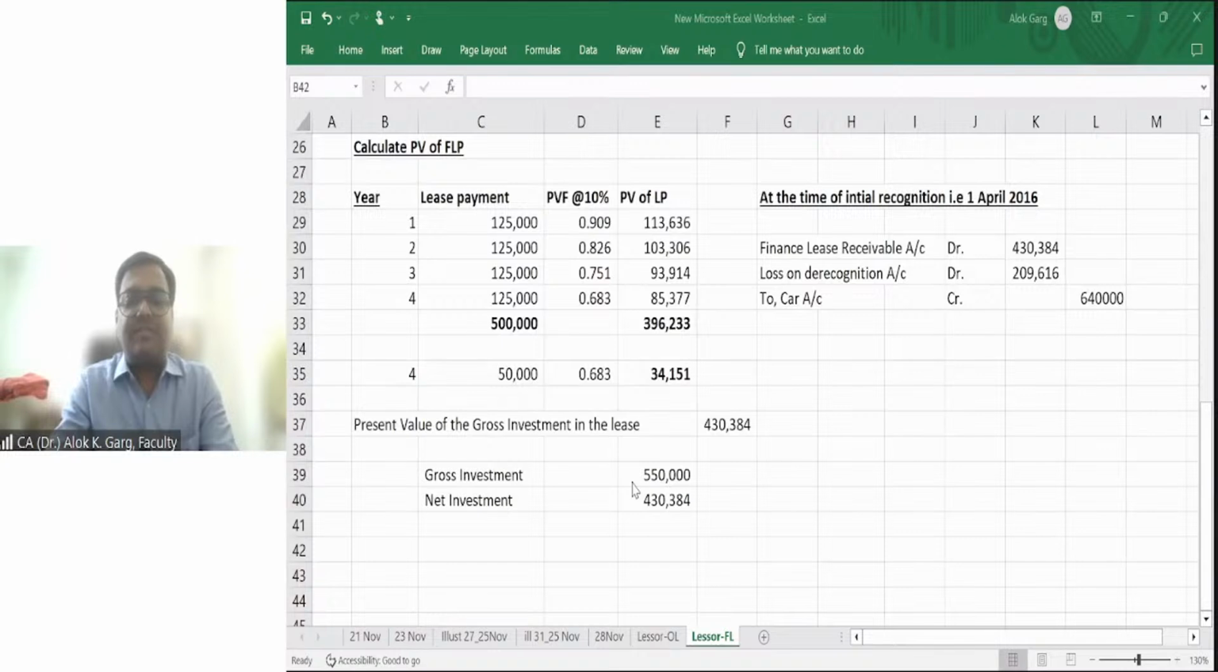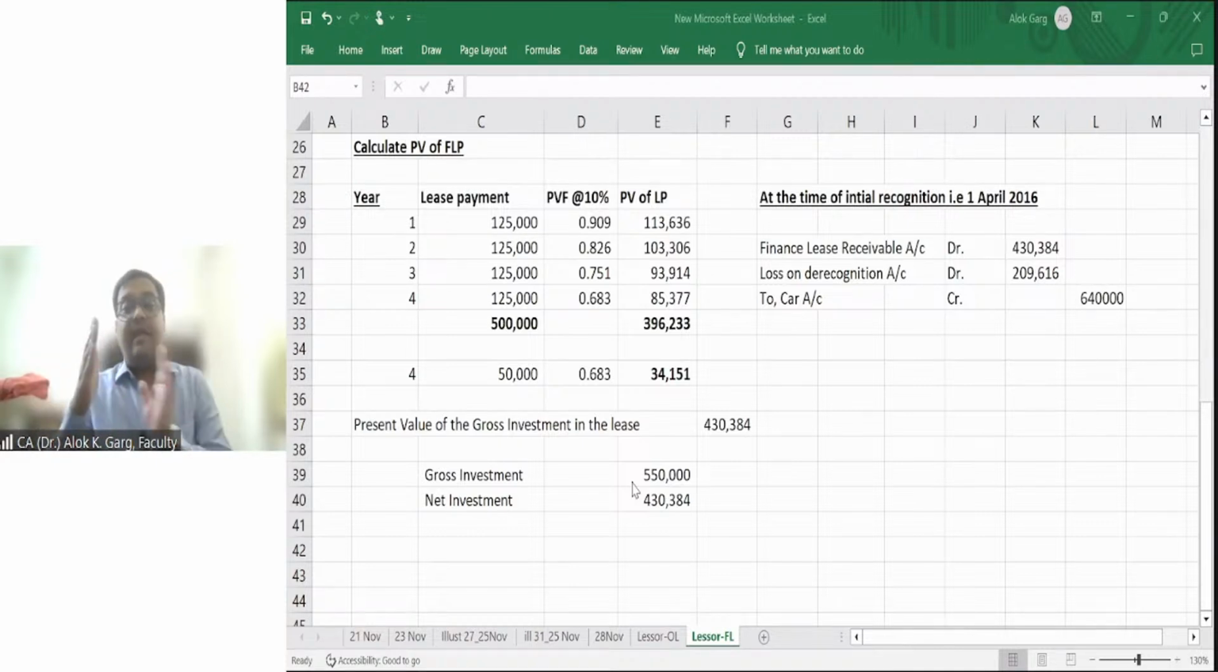Ridhima is asking, sir, what is gross investment and what is net investment in the lease? Ridhima, in the standard, a term is used which is gross investment. And what is a gross investment? It is nothing but the gross receipt by the lessor. So what will the lessor receive as a gross receipt? Number one, lease payment. And what is meant by lease payment? Fixed payment, in-substance fixed payment, variable payment depending on the index or rate, plus exercise price, plus termination penalty, plus residual value guarantee given